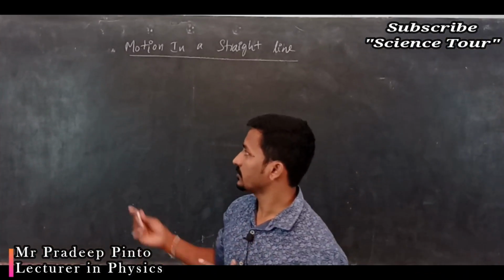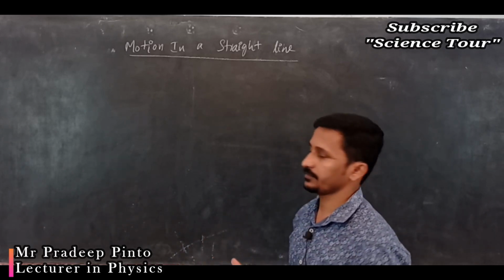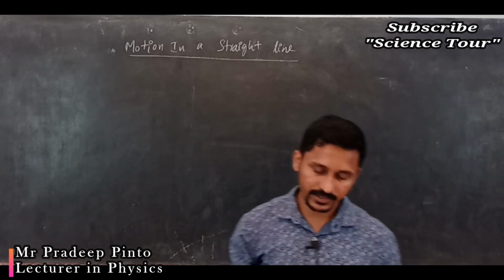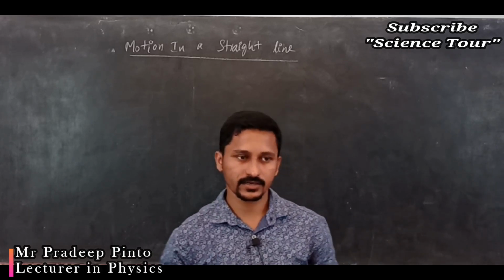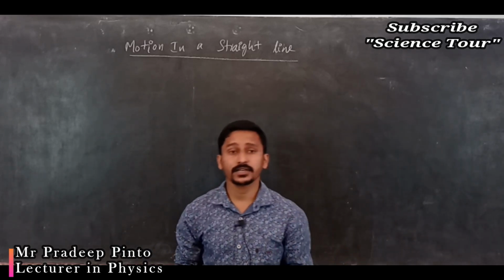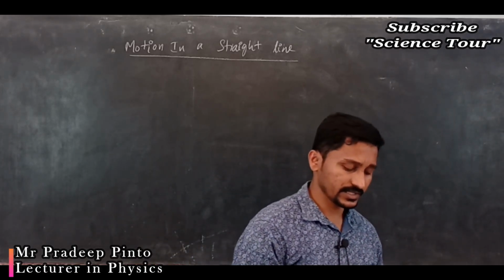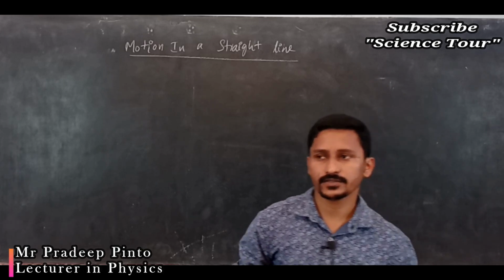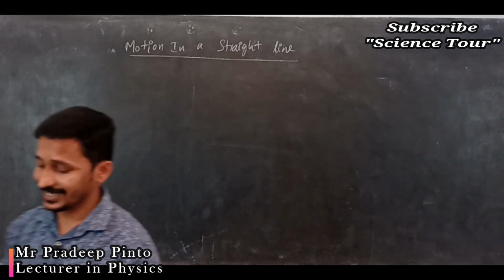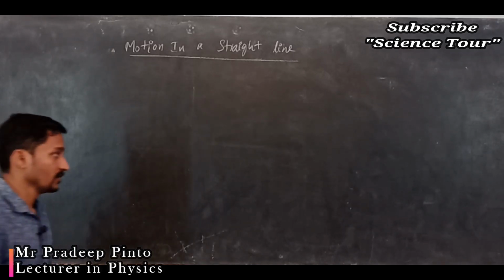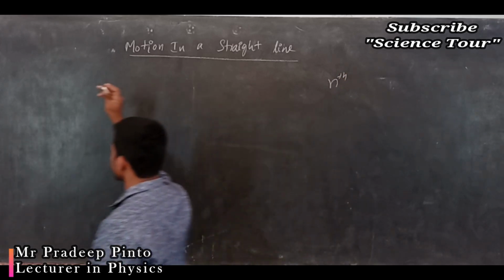We were talking about the competitive exam classes, and in that we were discussing motion in a straight line, and we have already discussed objects in free fall and some of the kinematic equations. Not in detail, we have studied free fall, some of the kinematic equations and other graphs. So now I am going to tell you about an object moving in the nth second and in n seconds. So what do you mean by nth second and what do you mean by n seconds?